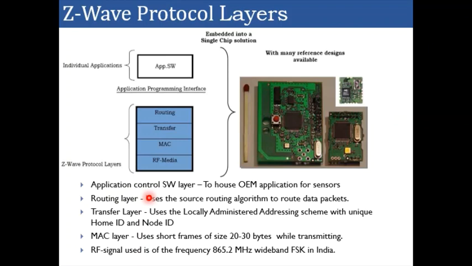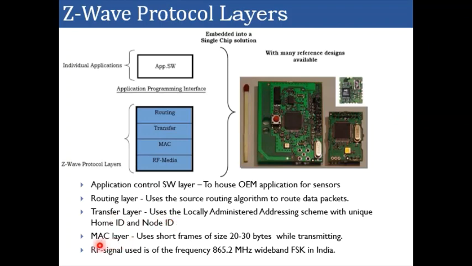Application control layer will house the OEM applications for sensors. The routing layer will use the source routing algorithm to route the data packets. The transfer layer will use the locally administered addressing scheme with unique home ID and node ID for uniquely identifying the device. So we will see home ID and node ID and how we will use for